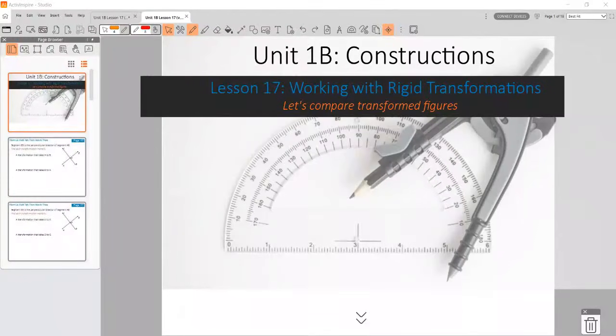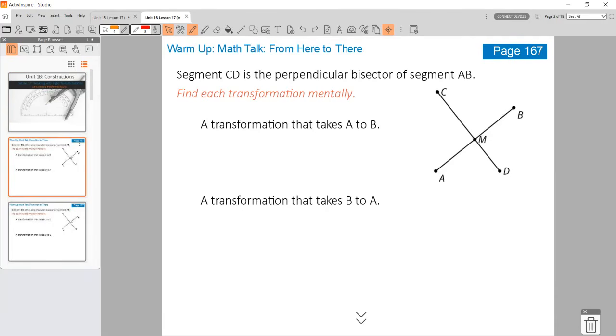In this video, we're going to look at Unit 1, Lesson 17, which is working with rigid transformations. The lesson starts on page 167 with the warm-up. And so before you start looking at the warm-up, let's talk about